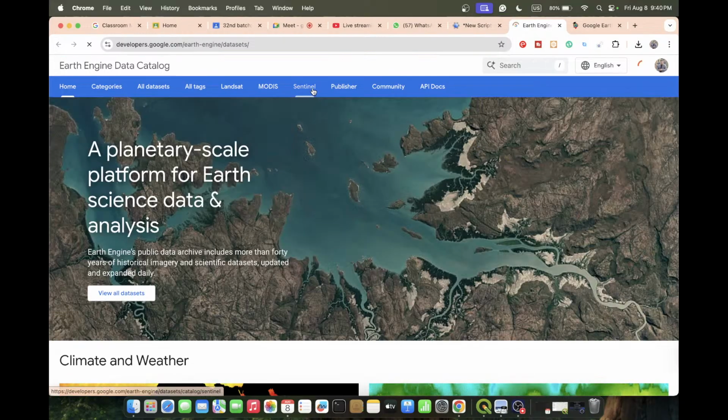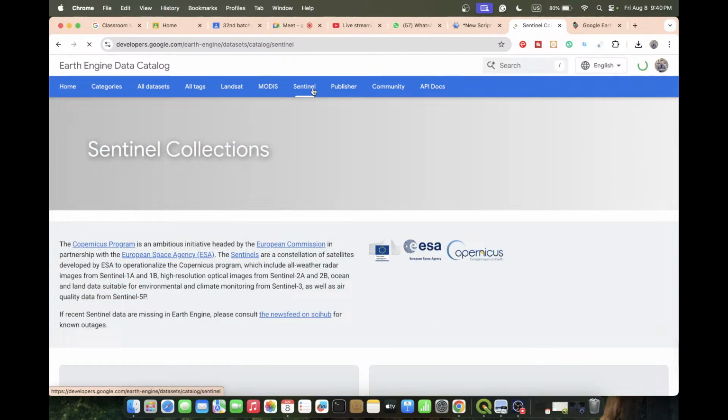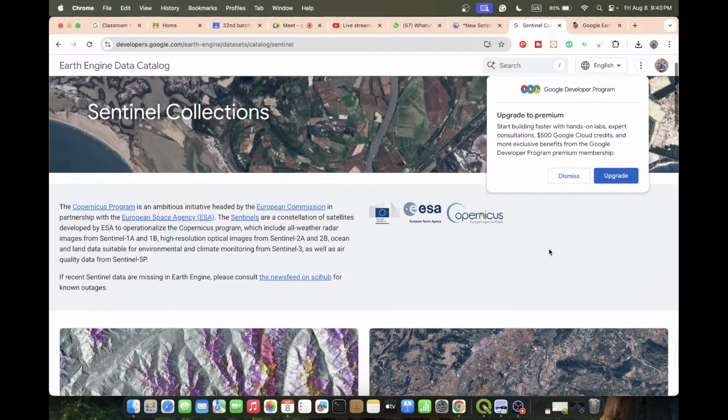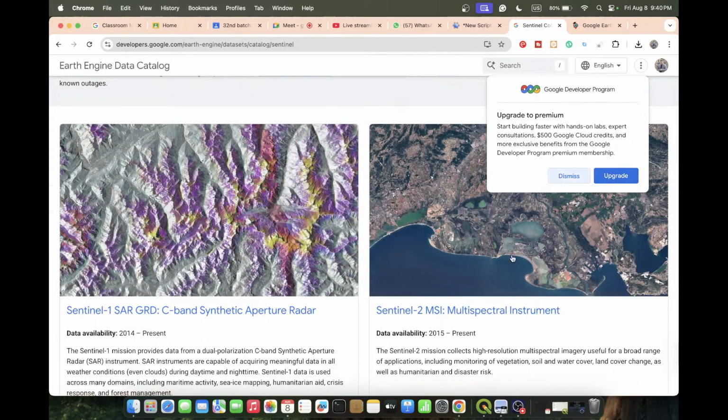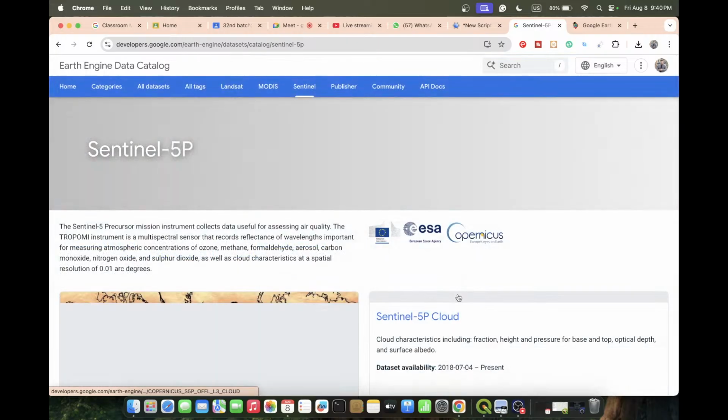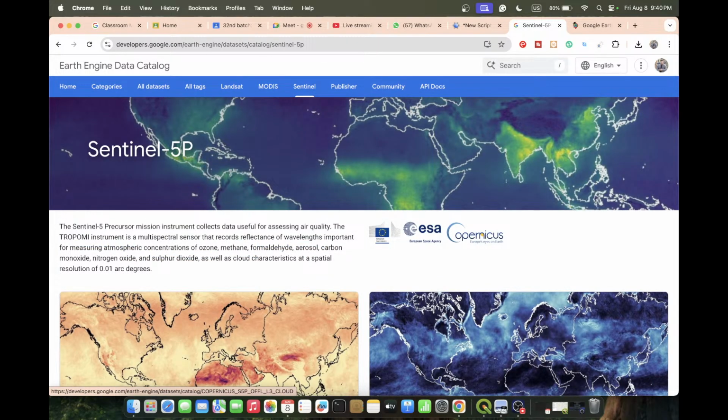Click on Sentinel, and here we can easily find Sentinel 5P data. If you check, this is our dataset, the Sentinel 5P tropospheric instrument. From here we can easily access all of the gases, such as ozone, then methane, then